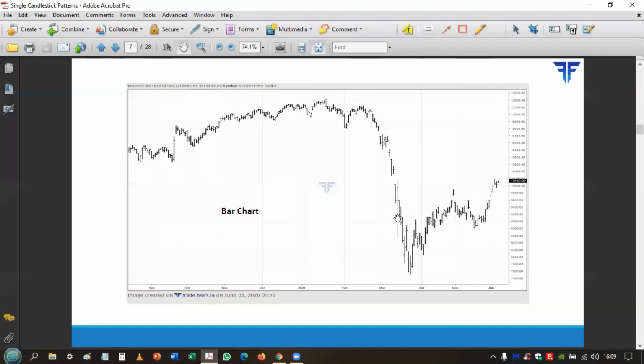Now, let's compare a candle chart to a bar chart. This is how a bar chart looks. Again, both charts represent the Nifty 50 index, for the same time frame and the same period. The only difference is, look at how visually appealing the candlestick chart is compared to a bar chart. Because of its visual appearance, there are plenty of different candlestick patterns that can be gleaned from a candlestick chart. The agenda for today is to discuss single candlestick patterns.